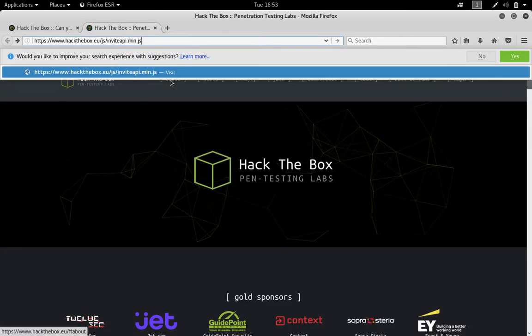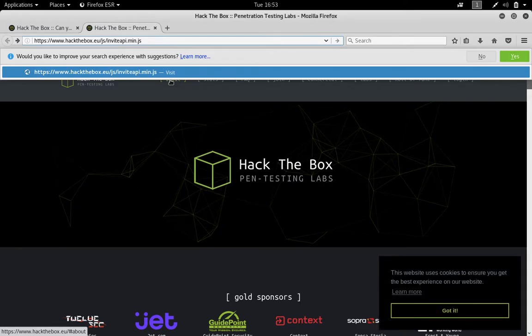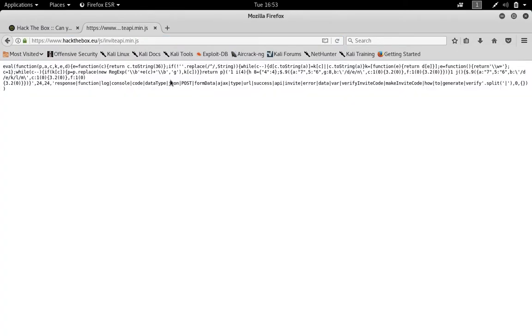The address that we have copied, we have to put just after the official website. This is one of the directories where this information resides. There we have to look for the command, which is the make invite code, that string that we have to copy in the form of a command, guys.